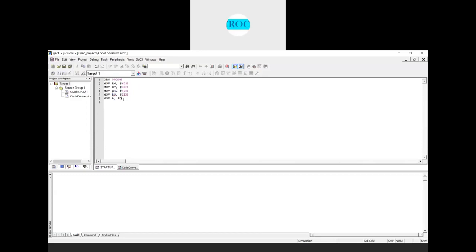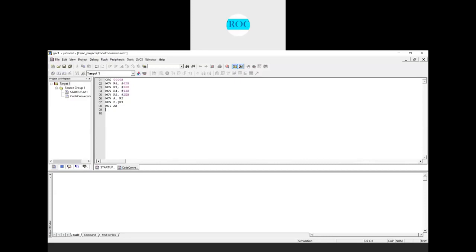That I will copy into the accumulator. MOV B, R7, the next lower byte, which is 30. Now I'll perform the multiplication AB. When I perform multiplication AB, the higher byte will be stored in the B register and the lower byte result will be stored in the accumulator.